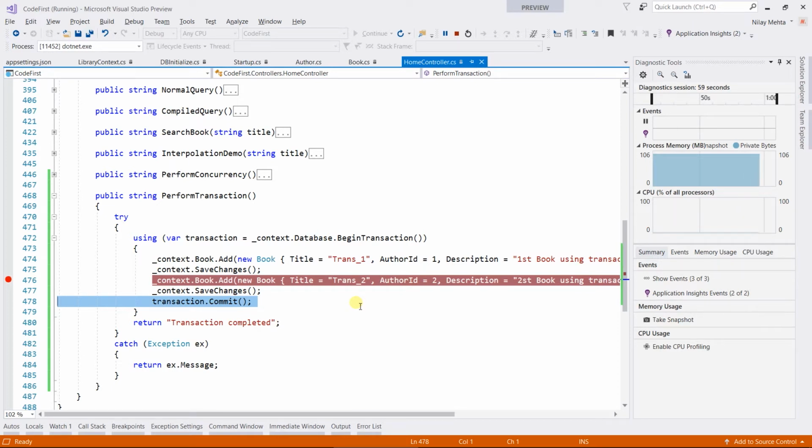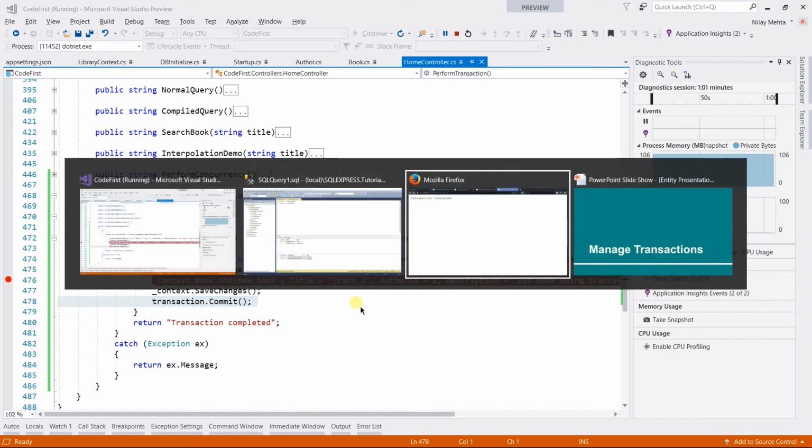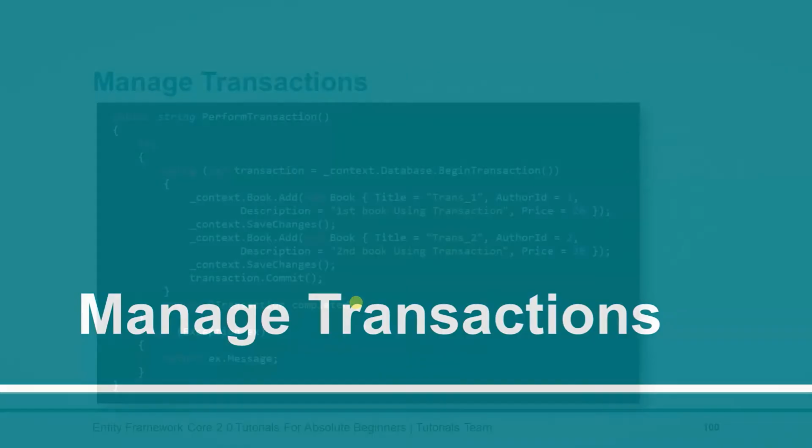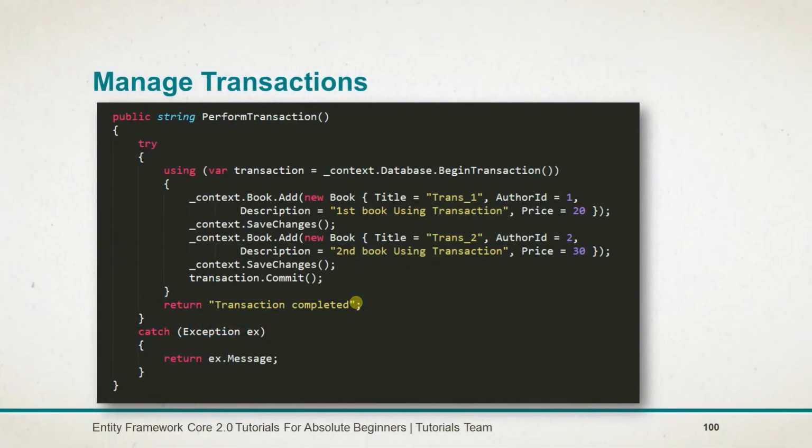Let's see what we learned in this session. To retrieve a transaction, we need to call the BeginTransaction method of the Database API. And for commit, we need to use the Commit method. I don't prefer to use the transaction in this way. Use the default behavior that is provided by the Entity